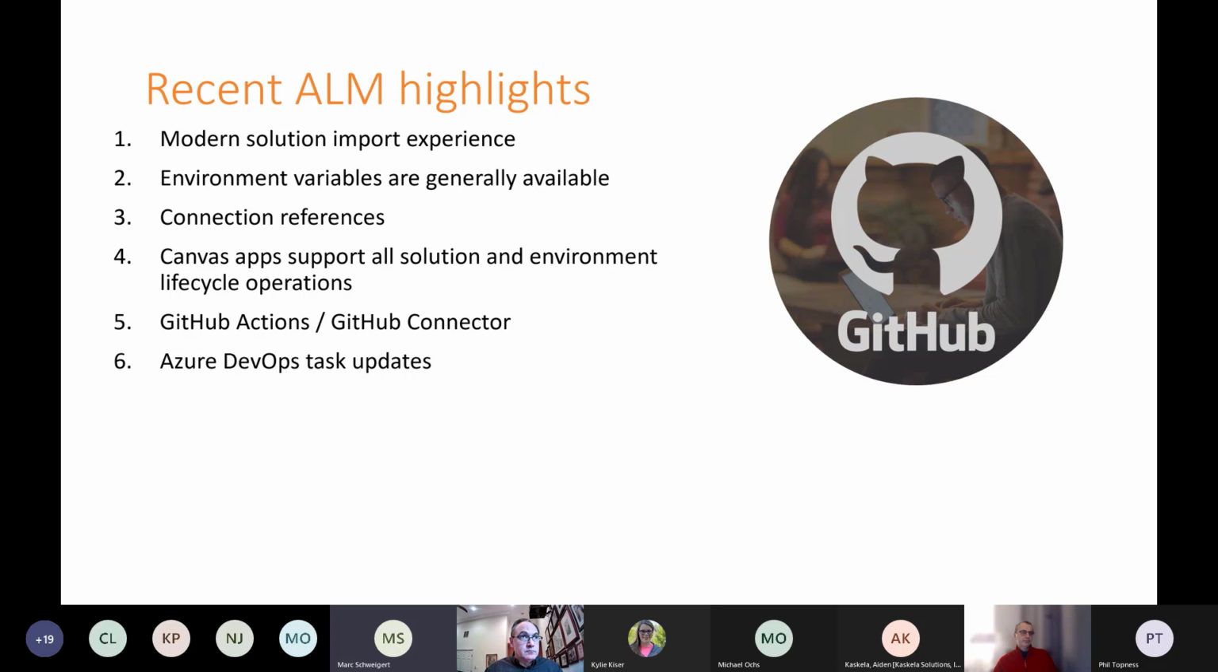Also wanted to call out, if you haven't been keeping up with the ALM space, we've recently announced a preview of GitHub Actions that allow you to do essentially build and deployment automation, CI/CD, from GitHub using GitHub's workflow technology. And then we've also announced a GitHub connector that is very useful in building things on top of GitHub through the Power Platform. And so Mike will be talking about a reference application that we've launched that demonstrates an example